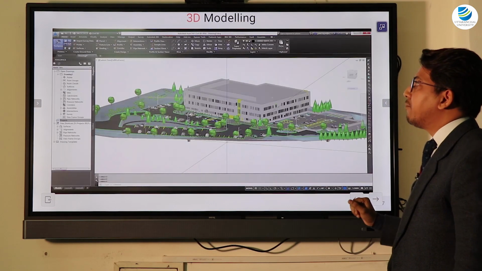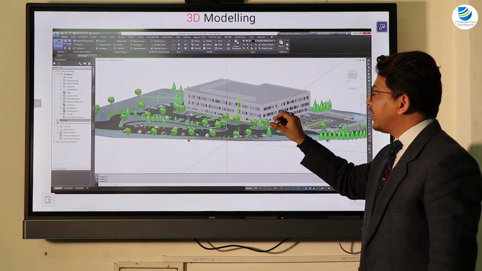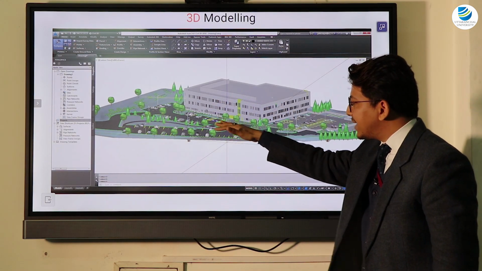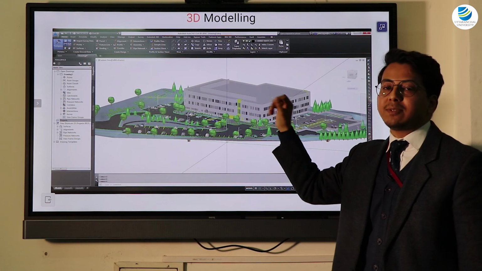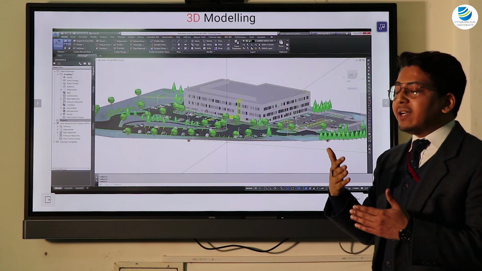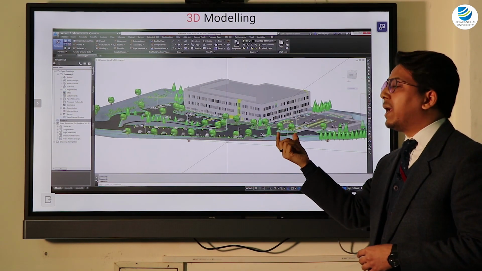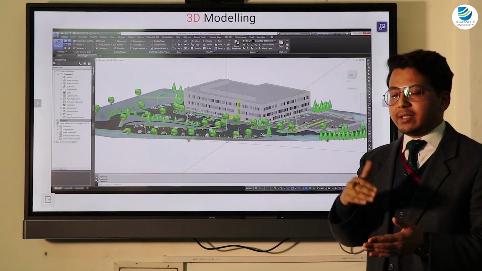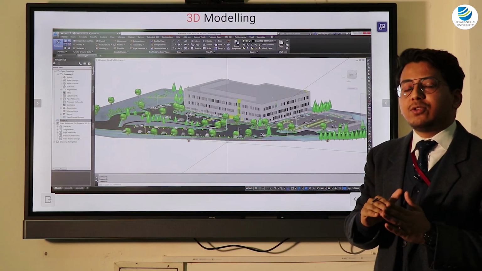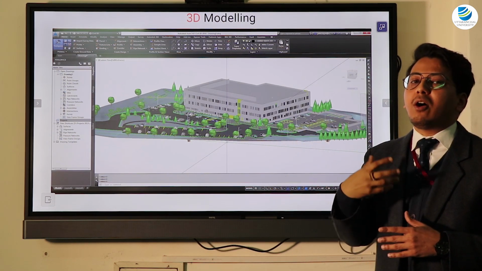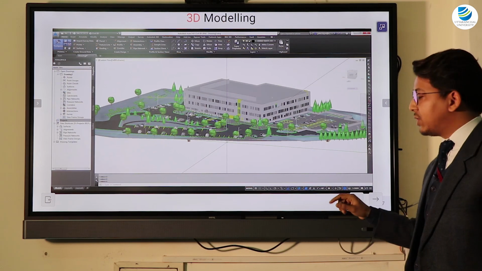Now coming to the 3D application, AutoCAD is used for 3D modeling. Now if you can see in this picture, this whole building with its environment consisting of trees and the parking, this whole 3D model has been made with the help of Autodesk. You might have come across modeling pictures of the townships. All those models are made with the help of AutoCAD. See, there are other modeling softwares also. AutoCAD is one of them. You can also use AutoCAD to model your townships or to model any structure. So this is the 3D application of AutoCAD.